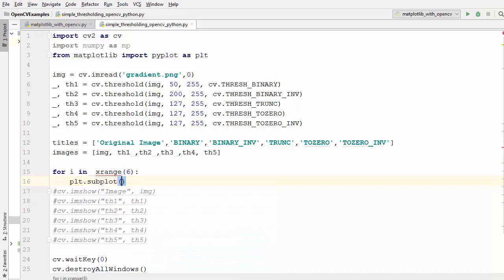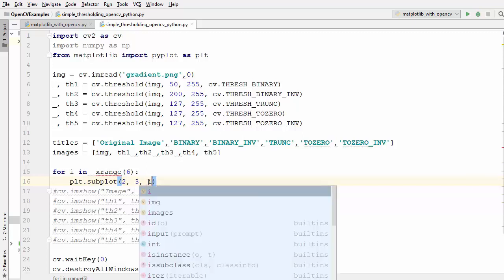Okay, and this subplot method takes a few arguments. So the first argument is the number of rows which we want to show in our matplotlib plot. Because we have 6 images, we are going to divide these images into 2 rows and 3 columns. So the first argument here is the number of rows, the second argument is the number of columns, and the third argument will be the index of the image.